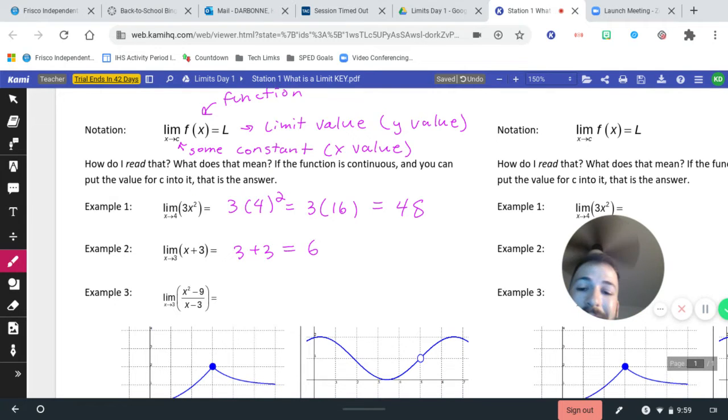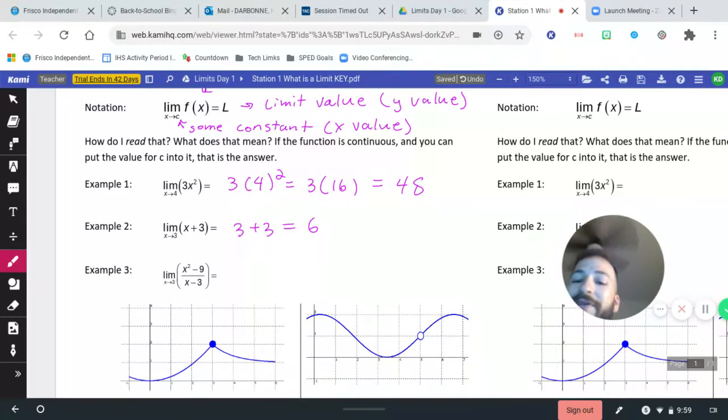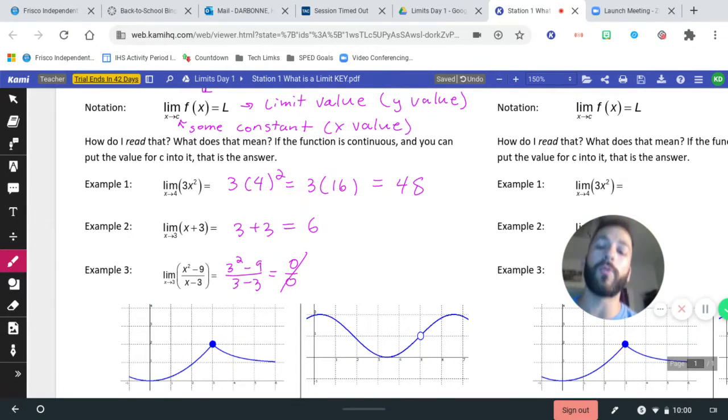All right, the limit as x approaches 3 of x squared minus 9 over x minus 3, we get 3 squared minus 9 over 3 minus 3. Now here we run into a problem because this gives us 0 over 0, which does not work. So sometimes you can actually go back and do a little bit of extra work. We'll go into this more in a later station, but for today,